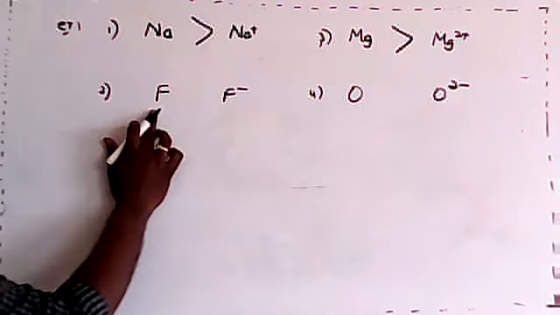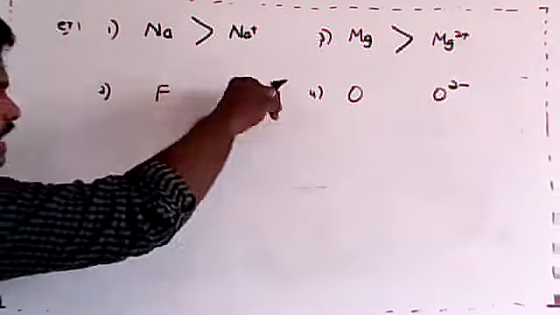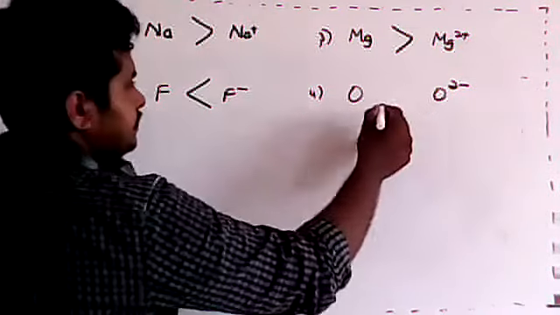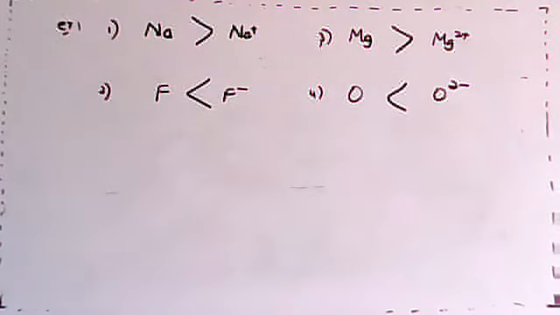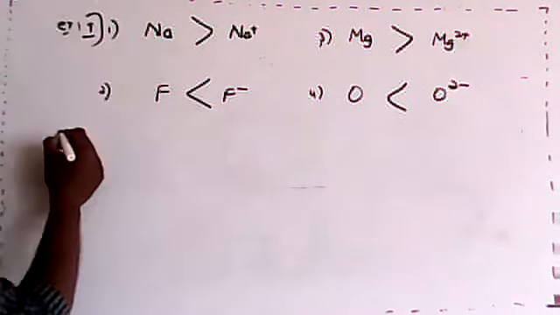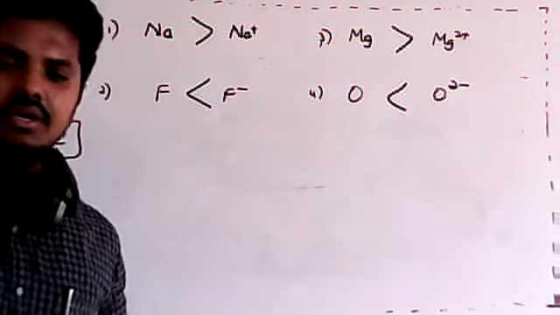Now F can be formed as F minus, means anion, means add ion. After adding, it is formed. So after adding something, size increases. Okay. This is the way you can compare, right? Let's compare in the second example now. This is just the first set of examples. This is the second set of examples. If anyone is having any doubt, you can ask.